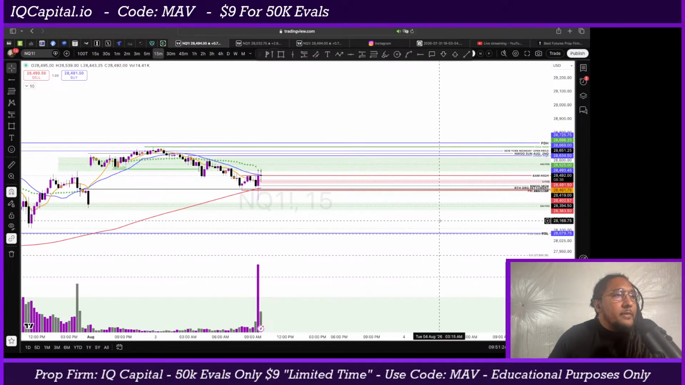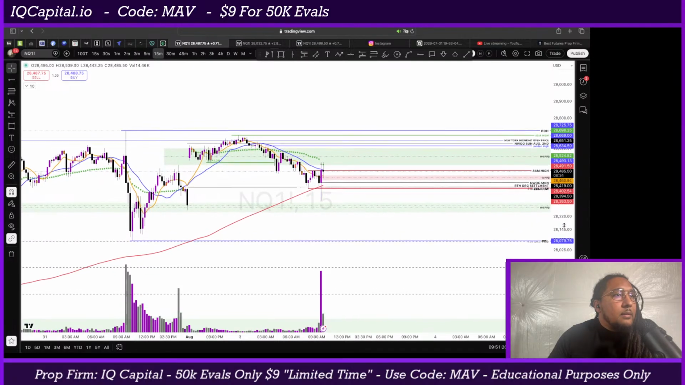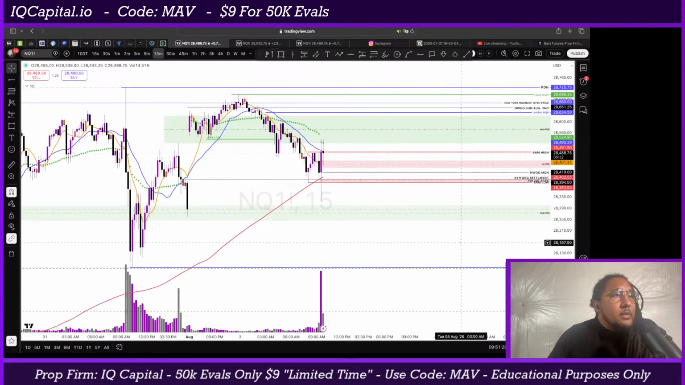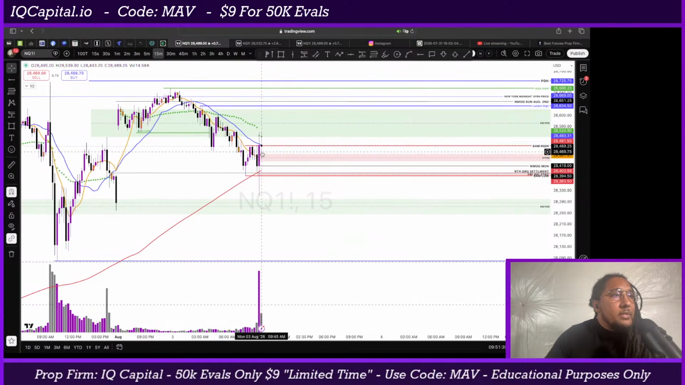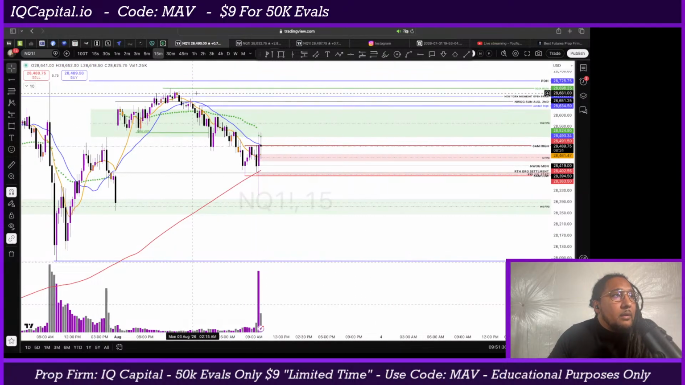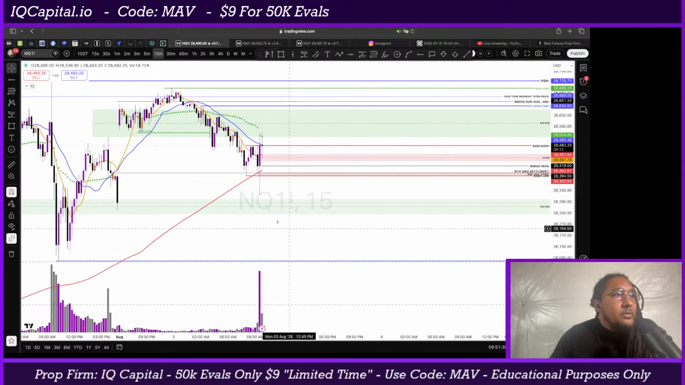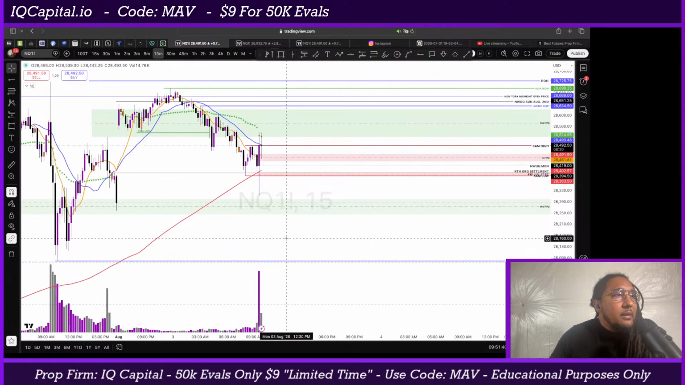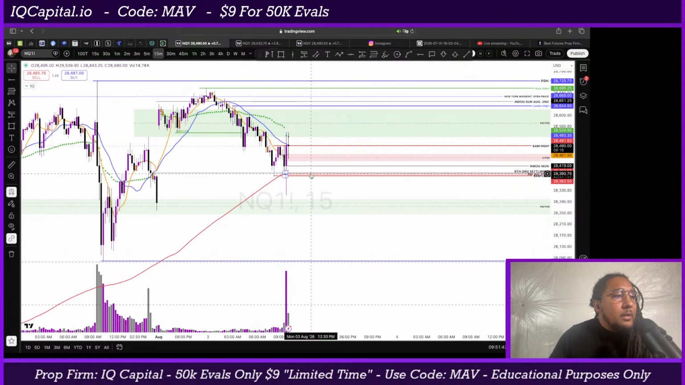So I'm looking on the 15-minute, and it's interesting because it doesn't seem like price is doing much. It's kind of hanging out in this area here. We have clear targets to the upside here, but we also have clear targets to the downside here. So we're kind of in this range here. So we want to see